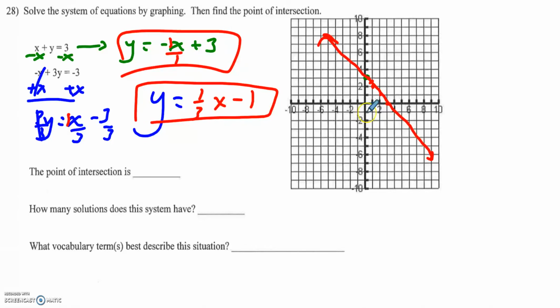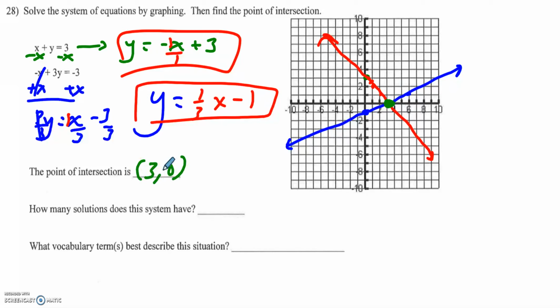So I would start down 1, and then I would go up 1 over 1, 2, 3. Looks like I found the intersection point already. If I draw my blue line and connect, looks like my point of intersection is right there, which is at